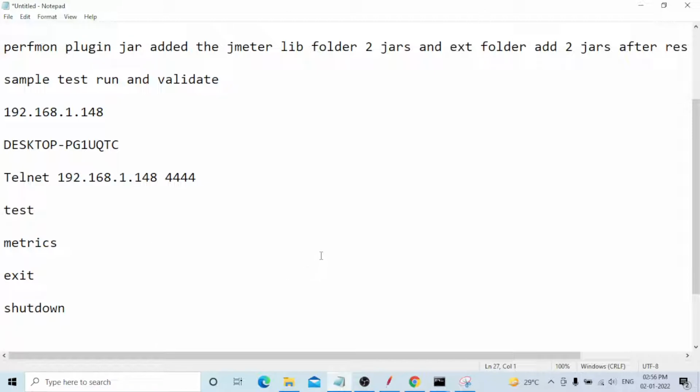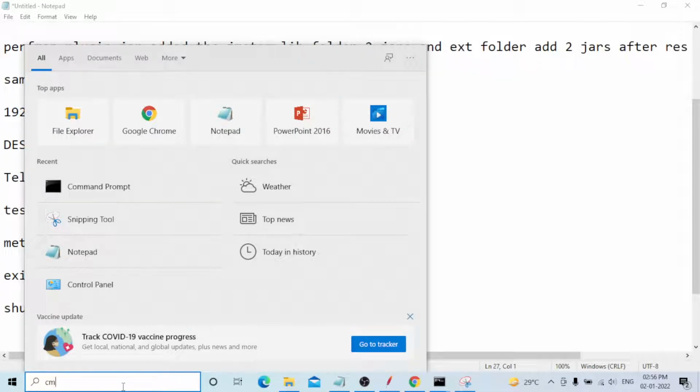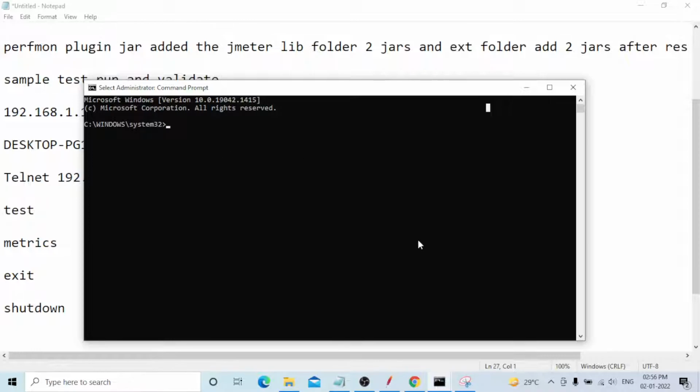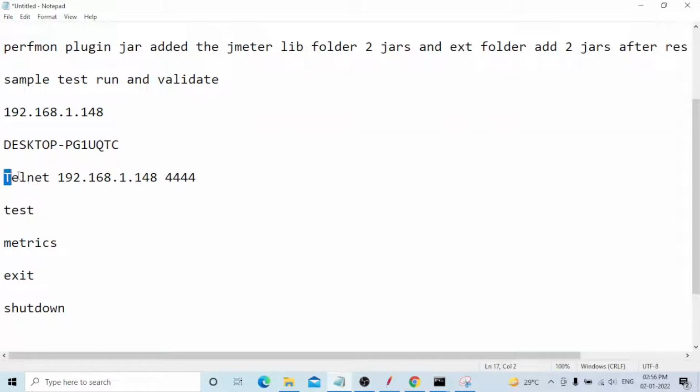Now you need to open your command prompt. Open the command prompt, right click, run as administrator. Click on yes, you can see it's open. You can take this one, telnet, IP address and port.